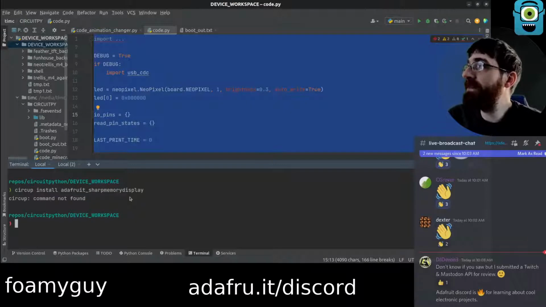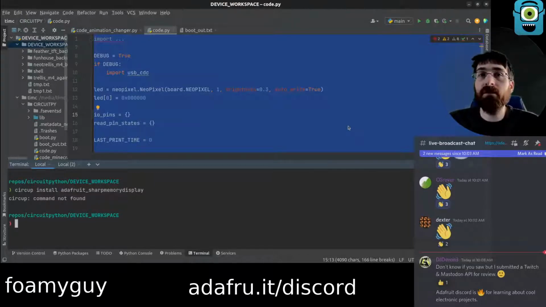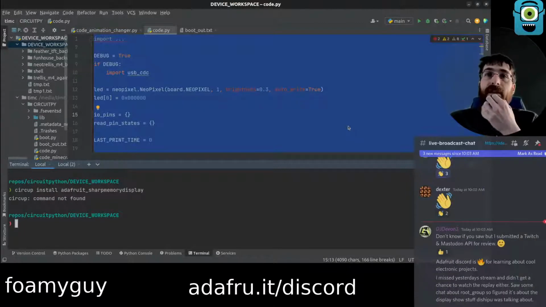I don't know if you saw, but I submitted a Twitch and Mastodon. I did see the Twitch one. I have not seen the Mastodon one yet. And definitely agree with that. It's good. Oh, CircuitPython is not installed. Interesting. Definitely a good place to see all kinds of fun, interesting projects. But yeah, I saw the Twitch one. I haven't had a chance to look close or review it or try it out or anything. But I saw it go through. And then I hadn't seen the Mastodon one, but I know now.